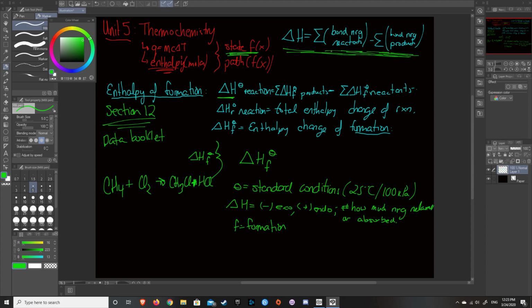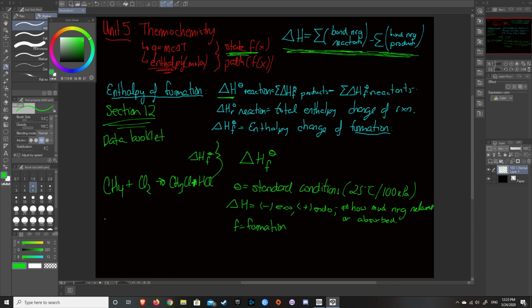But the thing is that we need to use a standard table. We need to know the bond energy of the reactants, the bond energy of the products. So no matter what, we have to use a table in this case. But here we also have to use a table because we're going to break this up into multiple steps. We've got